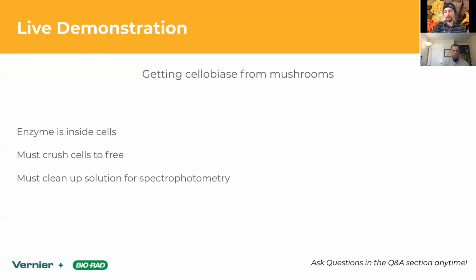So all the lab stations are going to basically have a selection of reagents for them to work with. We're going to have the substrate that we talked about at the beginning, the one that's going to give you that p-nitrophenol product at the end. They'll have a stop solution. The stop solution is a slightly basic solution that will knock out the enzymatic reaction and allow p-nitrophenol to get you that yellow color.